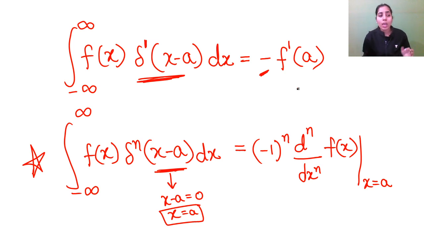Clear? Direct, that means based on just the properties of the Dirac Delta function. But if I talk about the NET exam or even the GATE, there is also a possibility that you may get questions based on the Dirac Delta function which will be a mixture of two topics. One topic will be Dirac Delta and the other can be Fourier, Laplace or some other topic. They give you the presence of the Dirac Delta function there. So firstly you need to use the property of the Dirac Delta function, and any student who is familiar with the properties will find it very easy to solve that question. Clear? So the question will be easy, but it is necessary that you are familiar with the properties